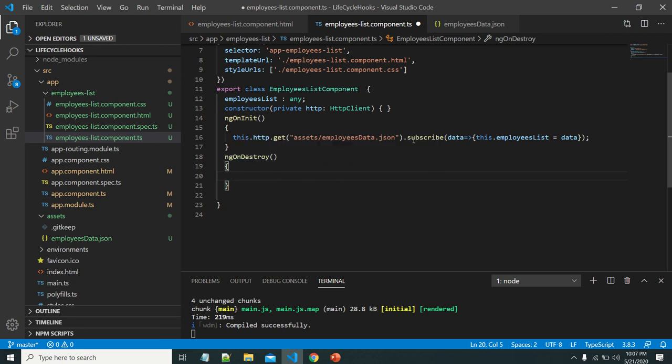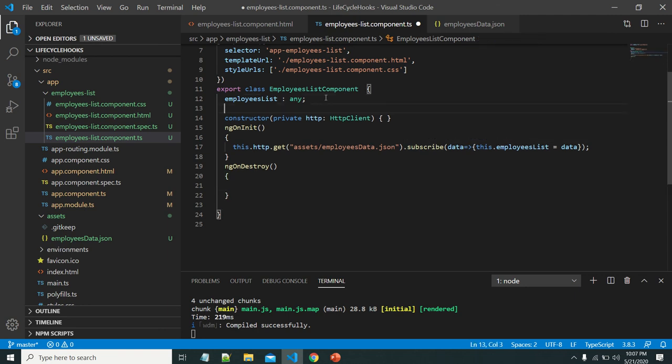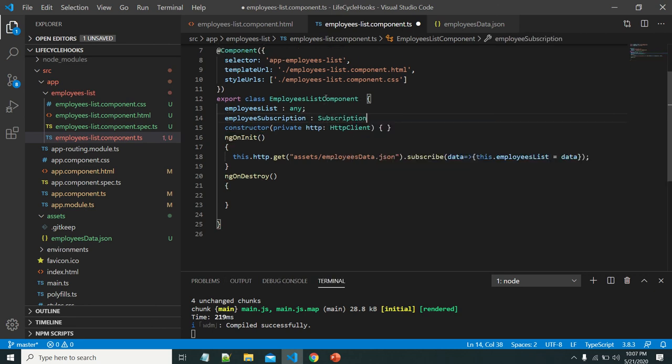Here let me unsubscribe this. For that, let me create one variable with subscription of type Subscription. Let me assign these subscribed observables to this variable.